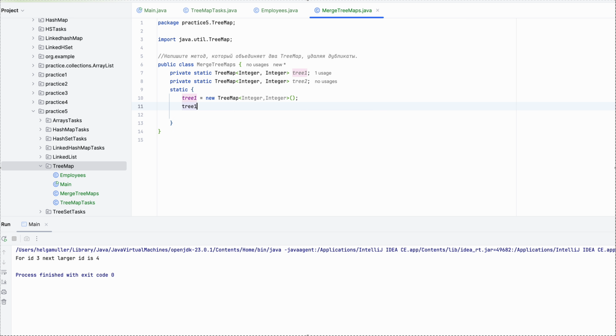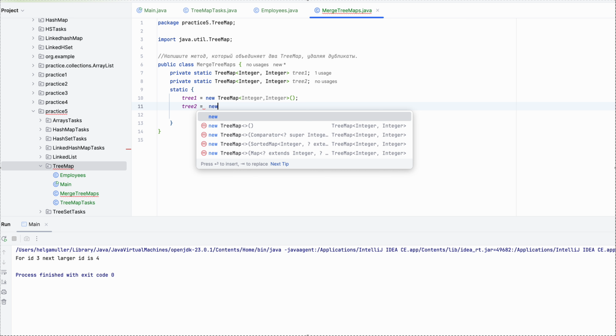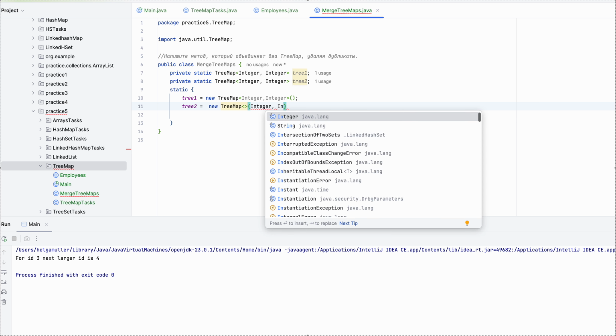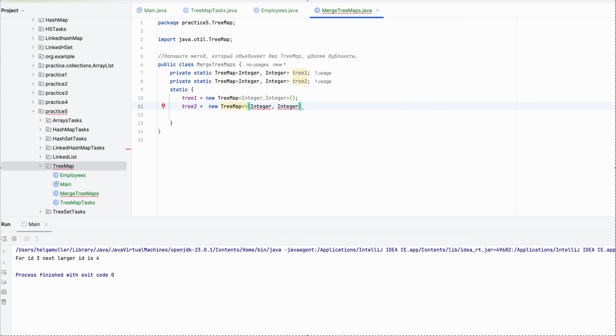Okay, and t2 new TreeMap integer. No, not. Okay, and